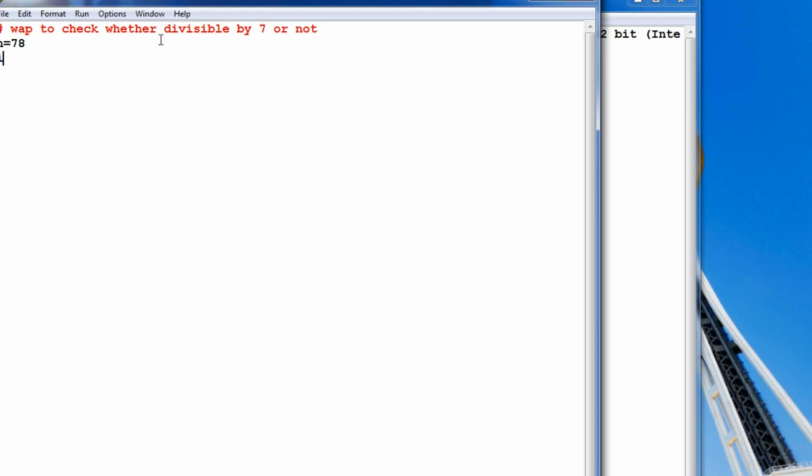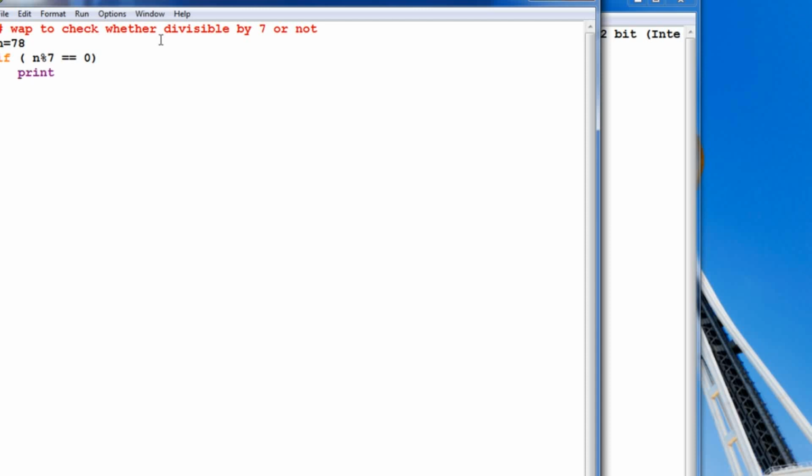You have to write the if statement, and I told you that the condition can be given in round brackets also. So n mod 7, if you do, it will give you a remainder. 78 will be divided by 7, and whatever the remainder is, it will give you that. Now if the remainder is equal to 0, then you're going to print